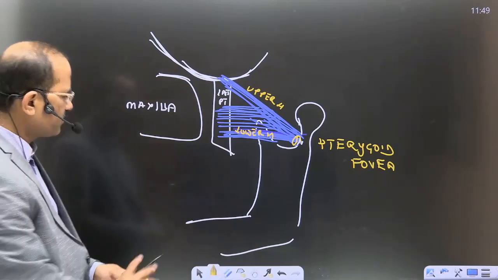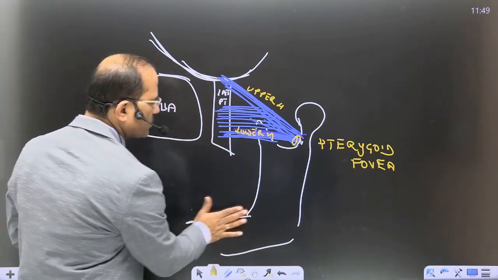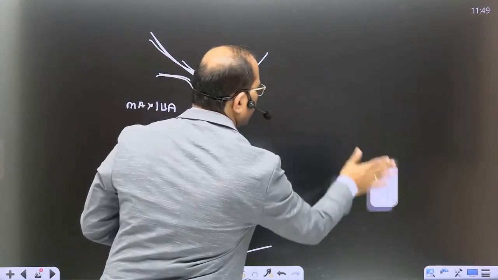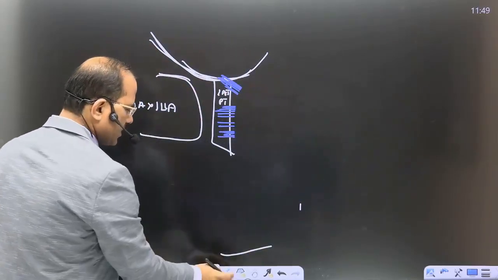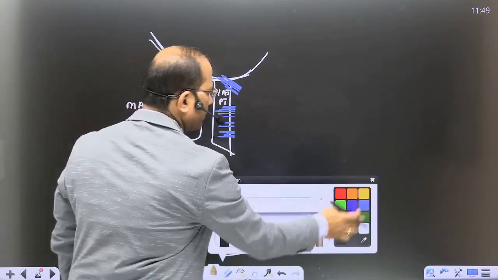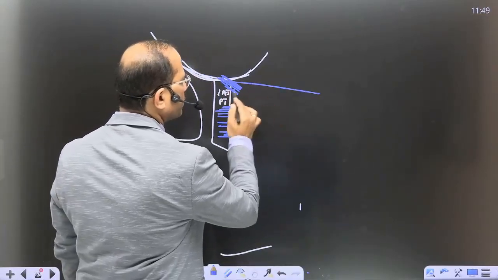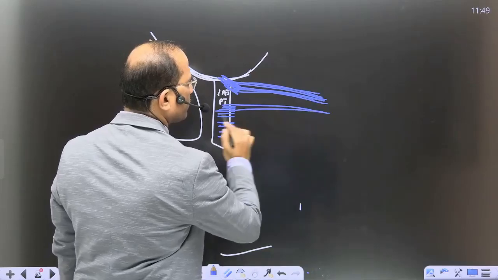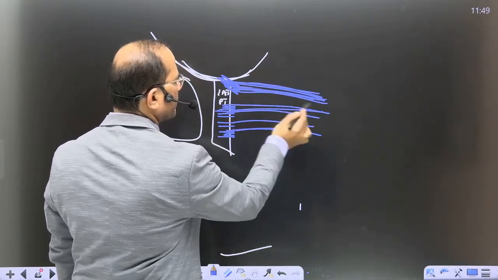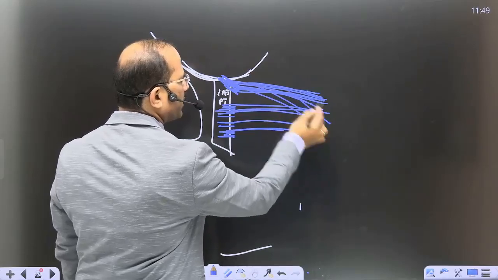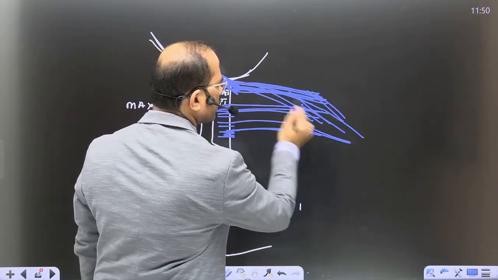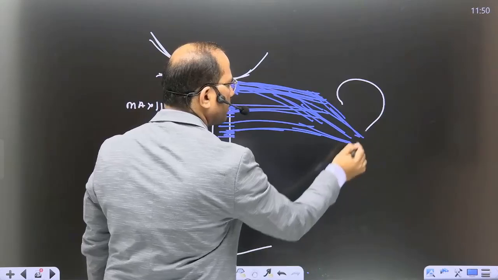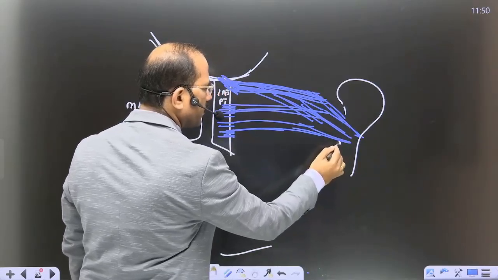Okay. If this diagram is not up to the mark, I'll draw this once again for you. Understand this. One moment. I'll draw it like this. This is the upper head of lateral pterygoid, and that's the lower head of lateral pterygoid. Upper head and lower head, they go together and they get inserted on the neck of the mandible. That would be the neck of the mandible,